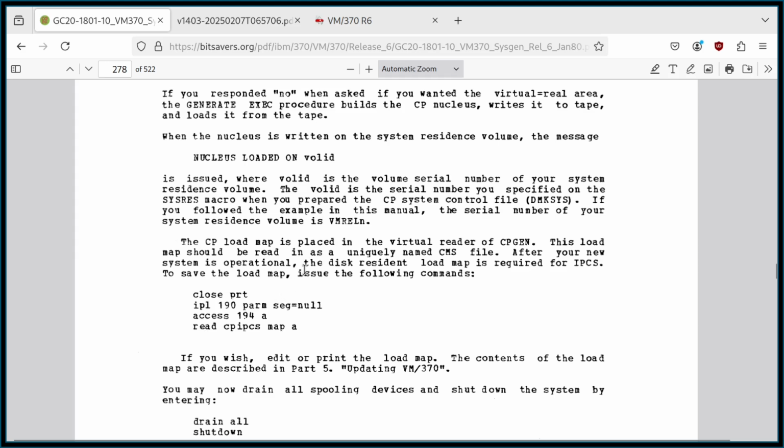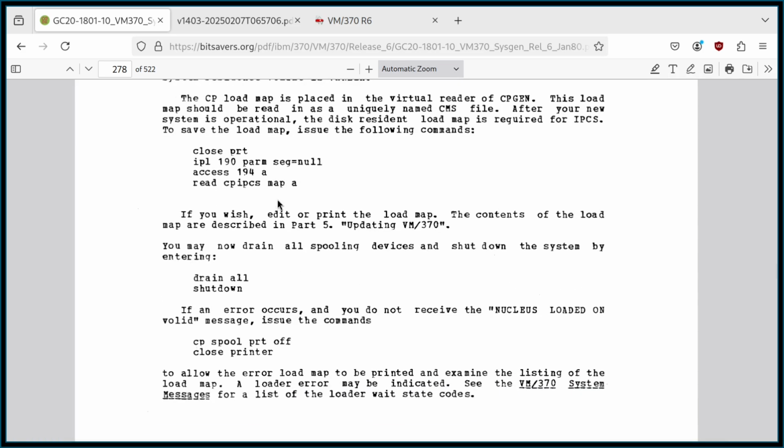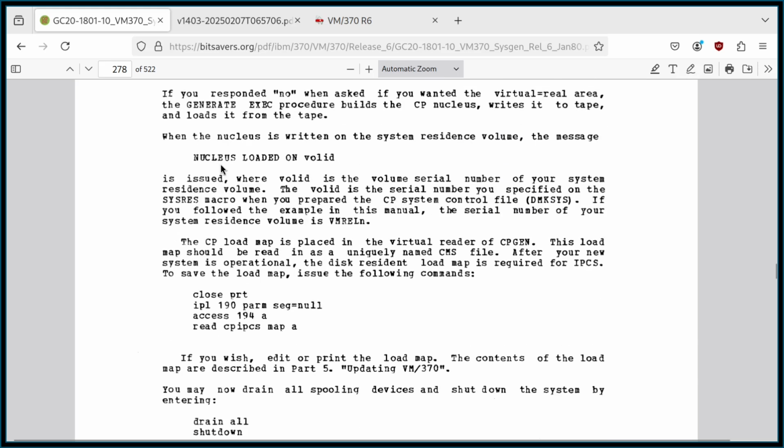Okay. So, we're not going to worry about trying to make IPCS work for now, but it sounds like if we ever do, we will want the load map of our nucleus available to us. So let's go back to our